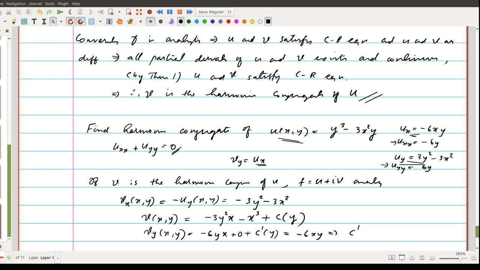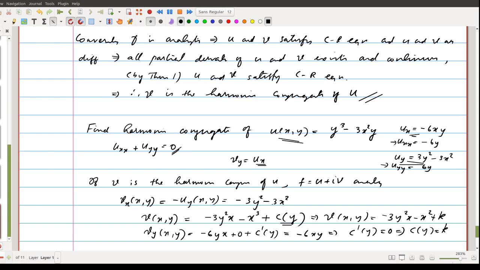So from this you can get c dash of y equal to 0, the total derivative of this with respect to y is equal to 0, so this is a constant function. So c of y will be some k. So this becomes v of x, y is equal to minus 3y square x minus x cube plus some arbitrary constant k. So now you can say that this